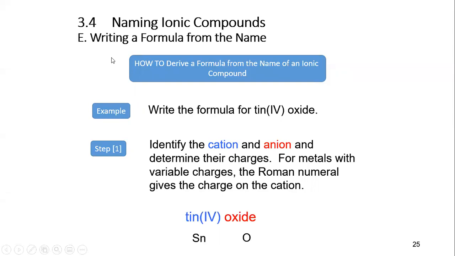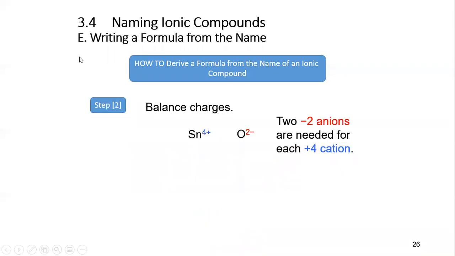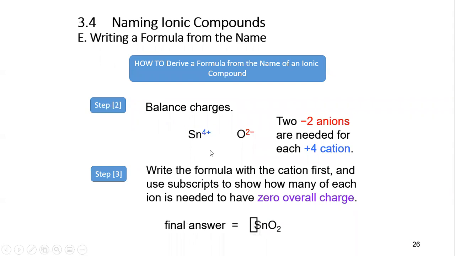So we have tin and oxygen, or oxide. Tin is a +4. Oxygen is a -2. And so to balance this, we need 2 of the oxides to balance the +4 from the tin. So we get SnO2. Notice here that if you use the crisscross method,